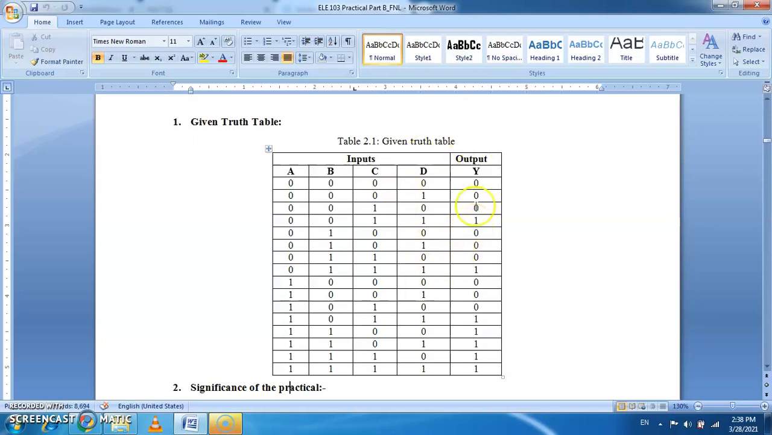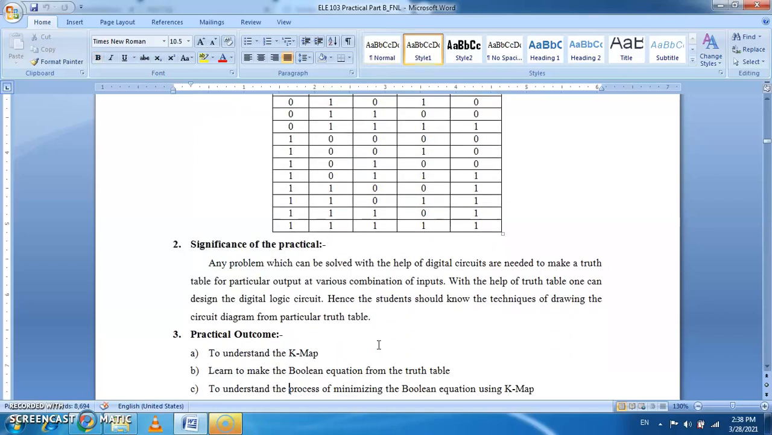First, we have to draw the K-map for the given truth table. Then we simplify it, and whatever simplified equations we get, we draw the circuit diagram or logic diagram for that simplified circuit, and we verify the truth table. So that's the aim of this experiment. For this purpose,